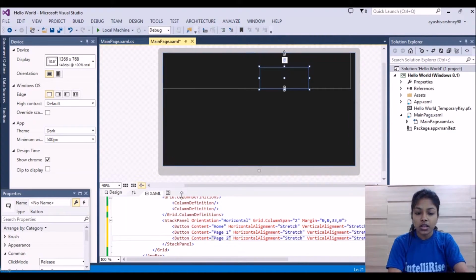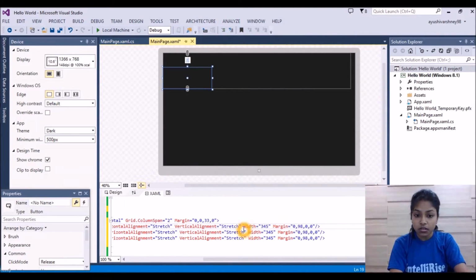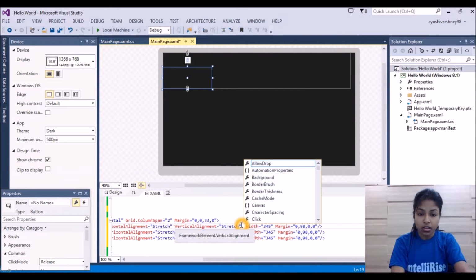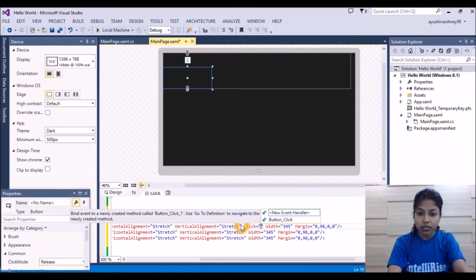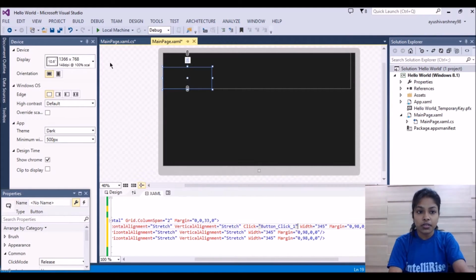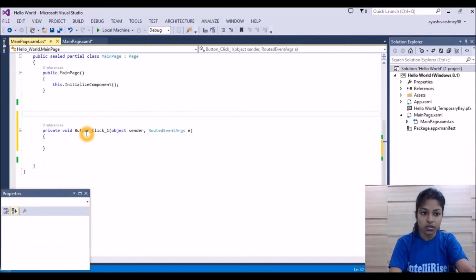And there are some properties of these buttons. This is the first button, the Home button I have added. If I click on this button, what should happen? So I'll create an event here in this button tag. I want on click, so I'll write Click. There will be a function generated in a new window, as we can see: Button Click 1. This is nothing, I can remove this like this.